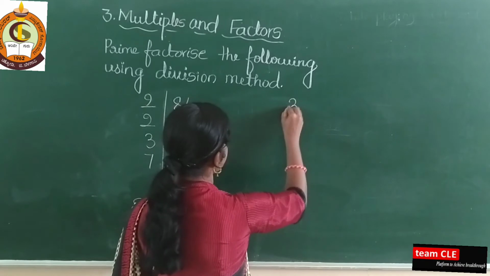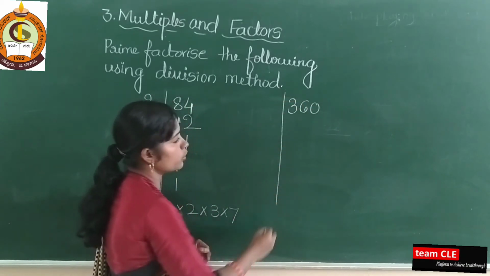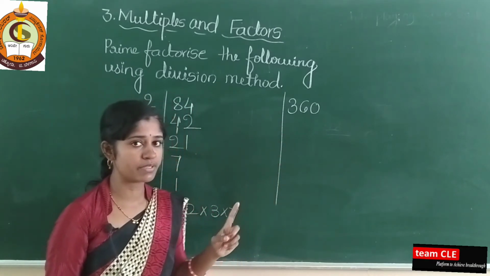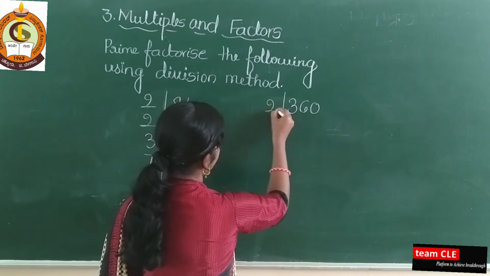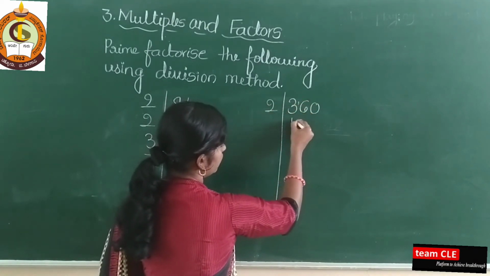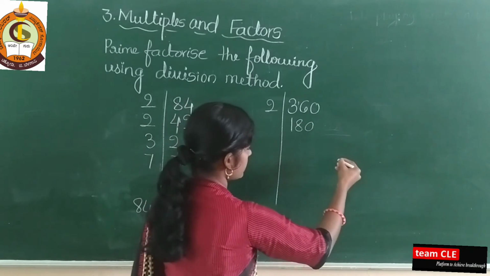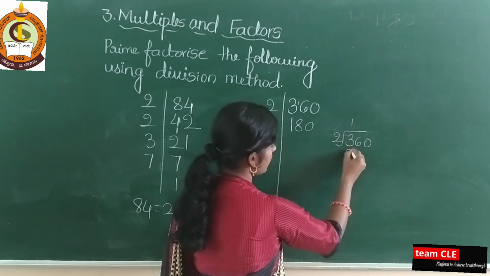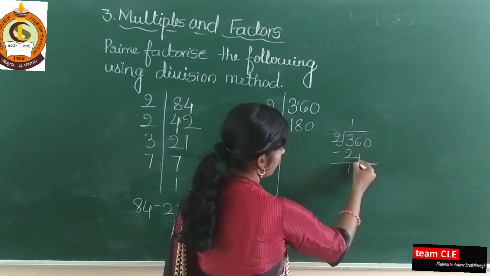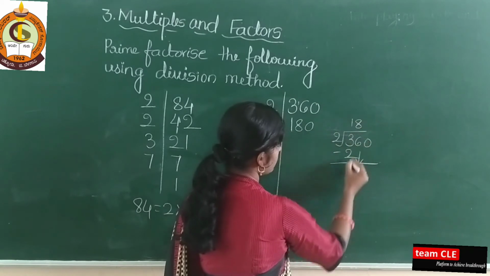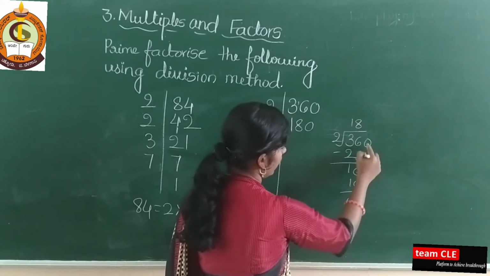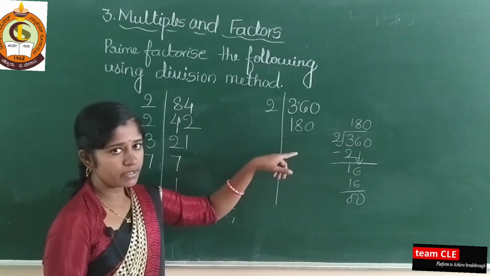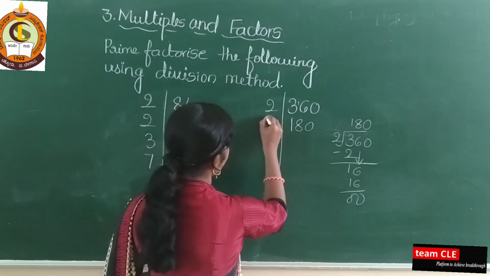Next you take here 360. I already told you, see here what is there in the ones place? 0 is there, which means the number is divisible by 2. So take here 2 ones are 2, 1 remains, 2 8s are 16, 0 as it is. How did I write this? Take 360 and divide by 2. 2 ones are 2, 3 minus 2 is 1 and take this 6 down. 2 8s are 16, 0 0, and put 0 at the end. So this way I wrote it here. I divided directly.